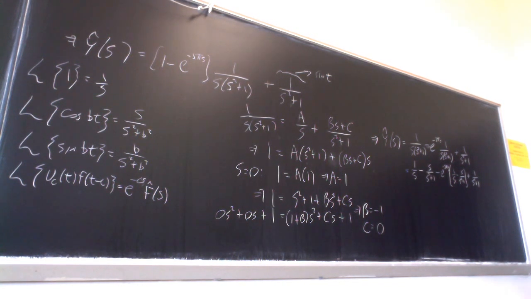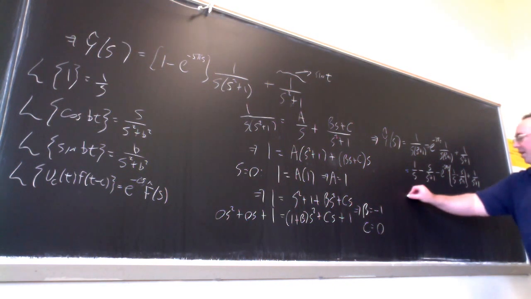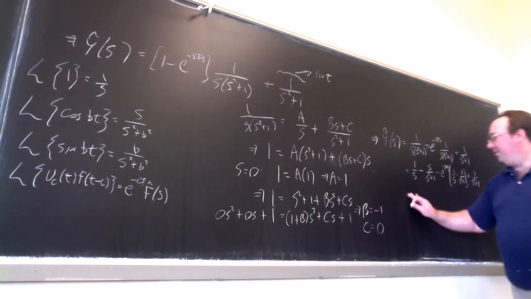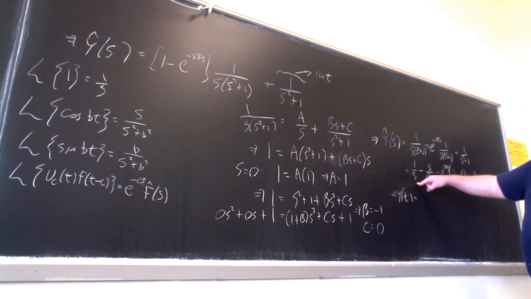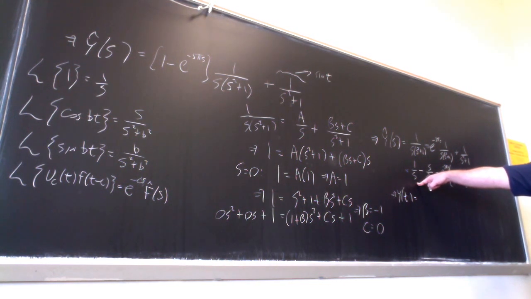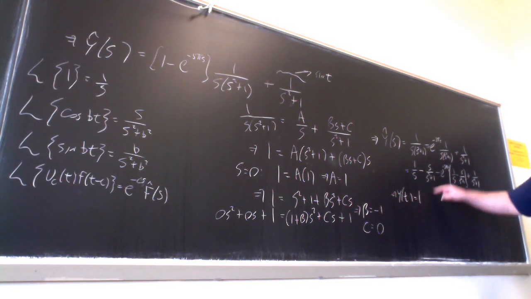Oops, actually, the cosine we're going to get is a sine, because c is 0. Okay, so now we can start inverse transforming. The last term was already handled, and for this term, the inverse transform of 1 over s is 1. And then for the next term,